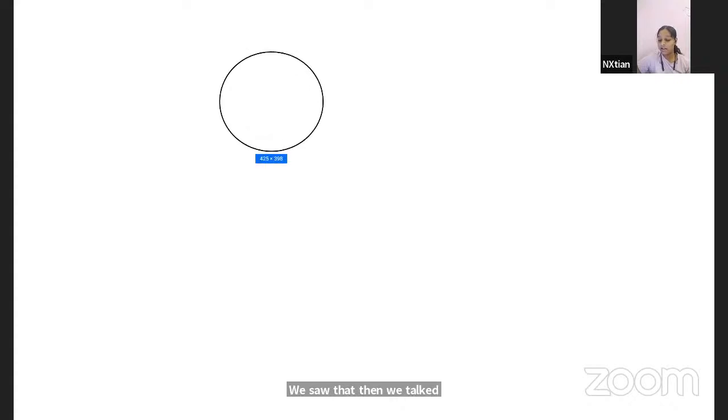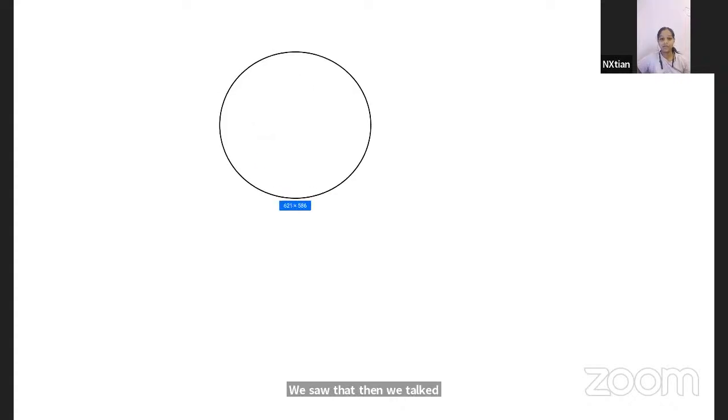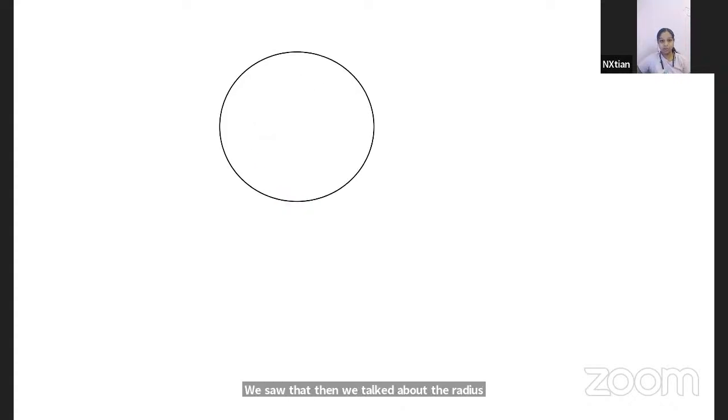Now, yesterday we talked about parts and elements of a circle. We saw what is a circle, then what is the circumference of a circle. Then we talked about the radius and the diameter of the circle. We talked about the chord of a circle and the center point of a circle. Today,